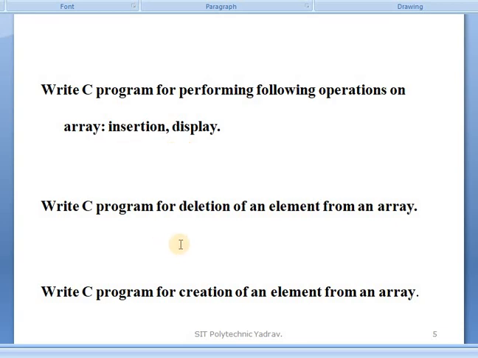These 4 operations are performed on an array, using programs that we see in the next slide.